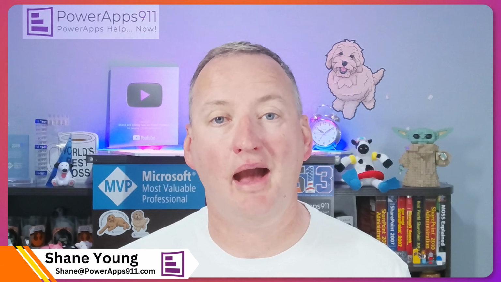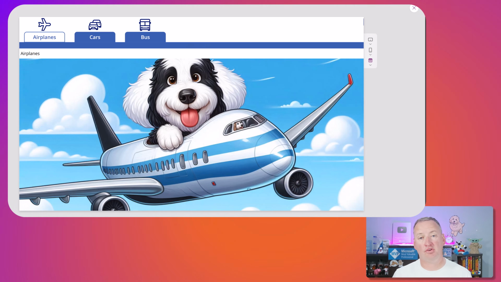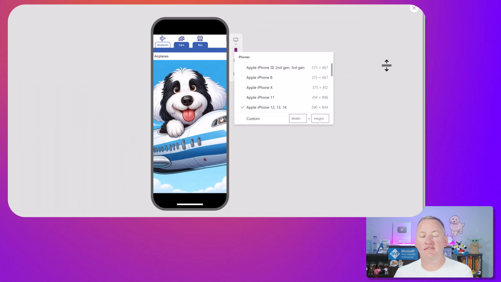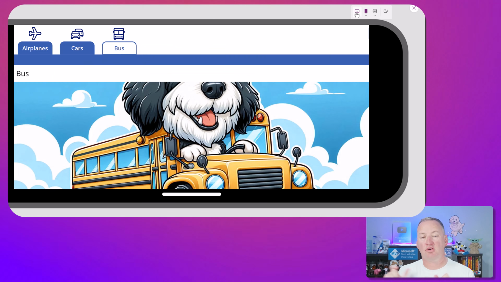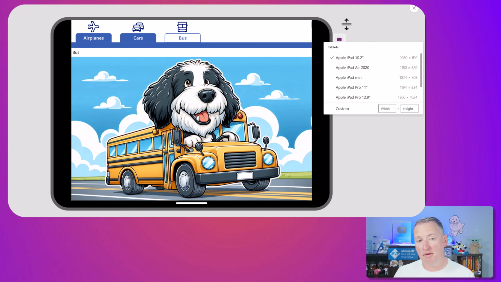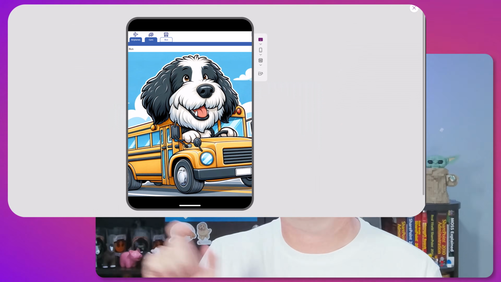Let's use a responsive gallery in PowerApps to make a tab interface. So what we're going to do today is we're just going to talk about responsiveness. We're going to build ourselves a component. We're going to put some containers inside there. Inside the containers, we're going to do a gallery, and then we're going to make it dynamically sized, and we're going to build a little tab interface with it so that way we can have tabs that work on both